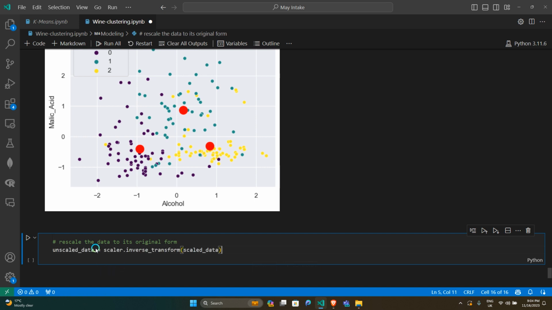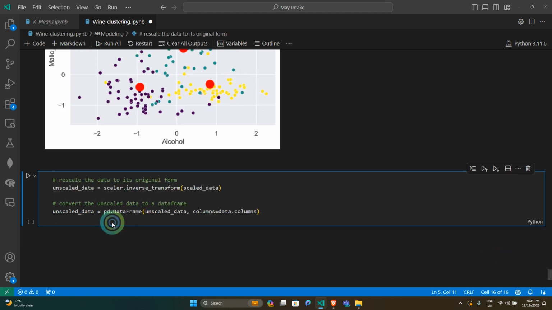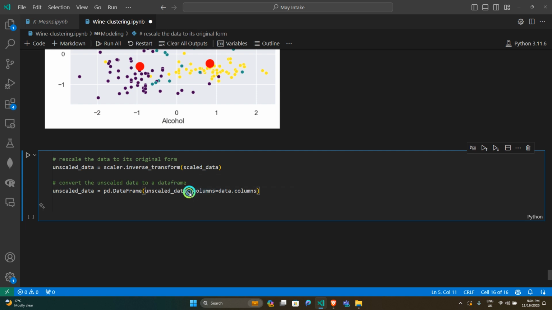So we will have the unscaled data equal to scaler.inverse_transform. That's how we rescale our data. And then we convert the unscaled data to a data frame. I'll do this first because I guess our time is over, and then you'll check these once we end the class. I'll convert the unscaled data to our data frame again,